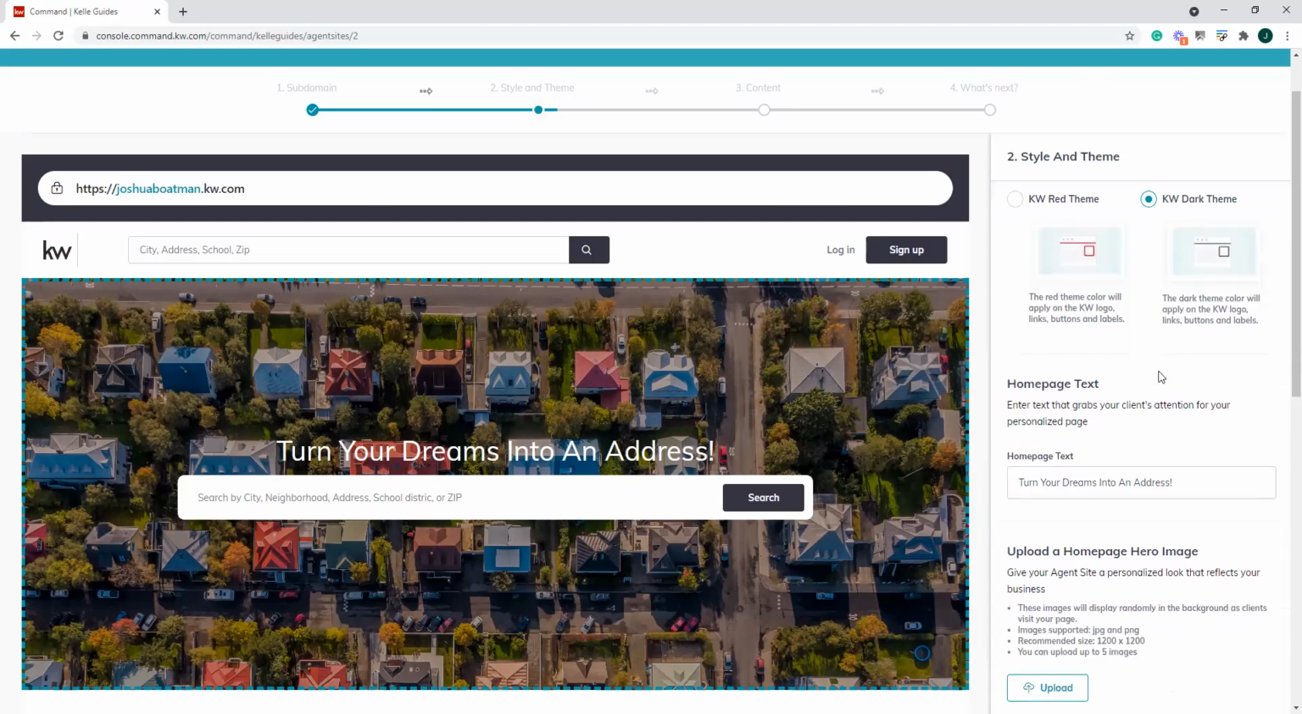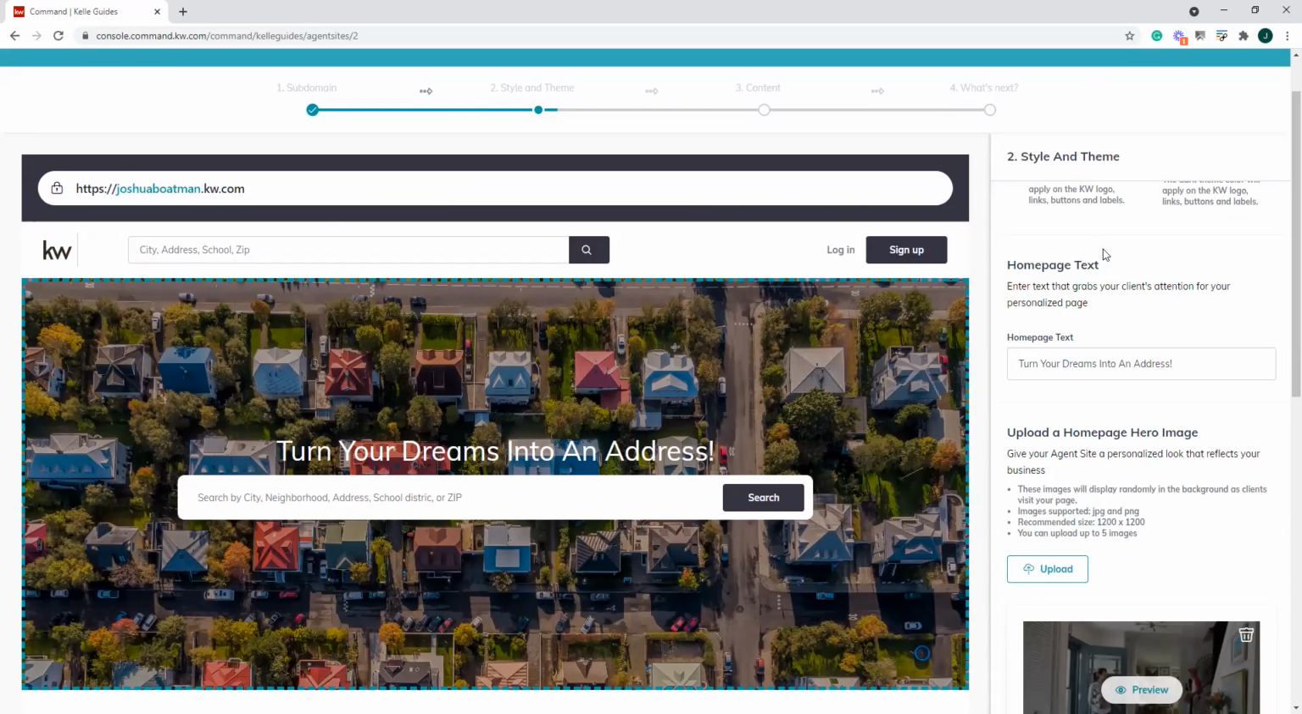As we move further down this section on the right-hand side, we have our homepage text. So here, you can see we are on the homepage for my website. The homepage text is going to be what we want to appear above our search bar. So what do you want? I picked turn your dreams into an address. This could be search for your perfect home. What's really nice about this, as you go through here, is that it's going to show it live, so you're going to be able to see visually what that looks like on your page